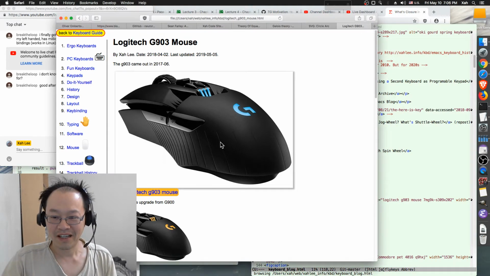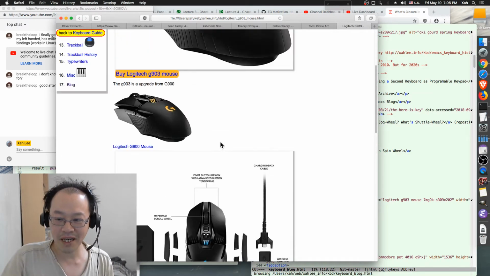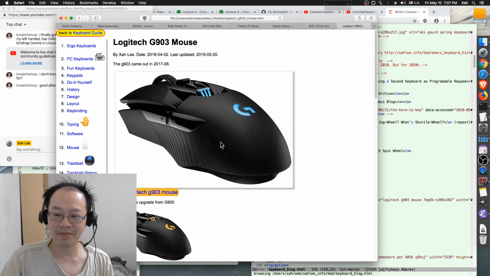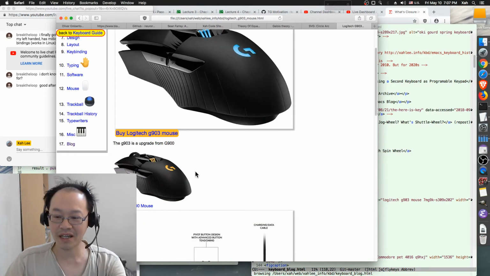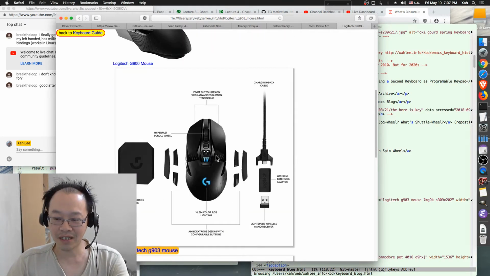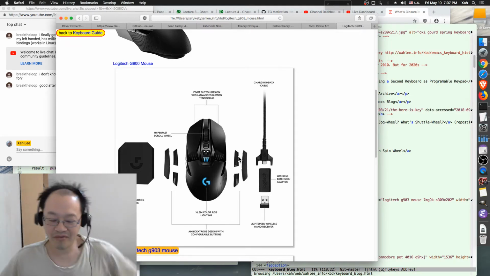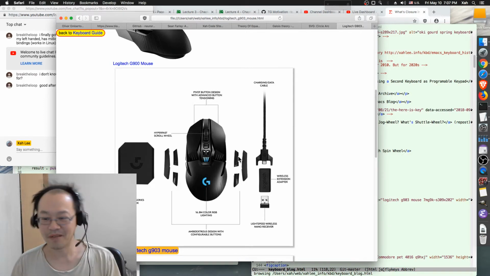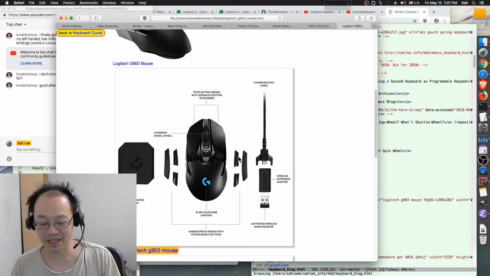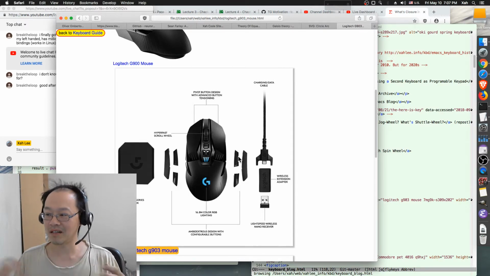That's great. I didn't like this one in particular. I mean, this one is not my ideal because the number of buttons are not that much. Because you have two on the left side and two on the right side, and I don't like ambidextrous mouse. Ambidextrous mouse is a fancy jargon used in the mouse gaming community. They call it ambidextrous. Ambidextrous means